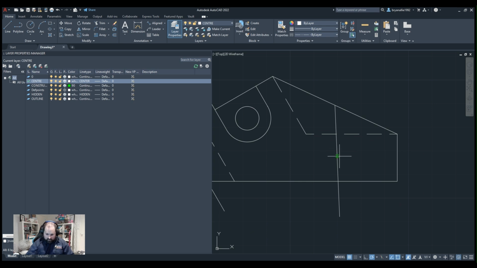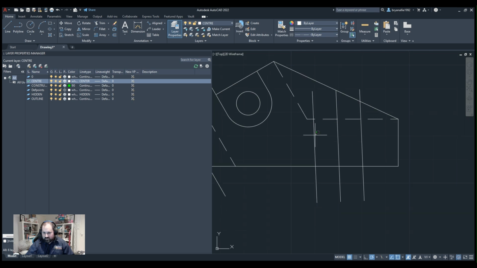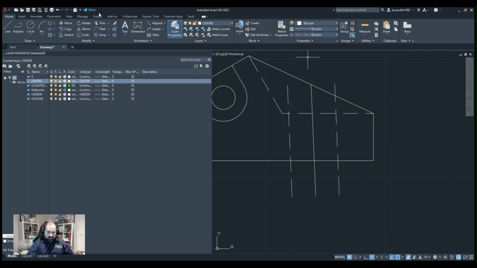So I go 10, offset, offset. Now I'll just change that one to hidden. And what you can do too to make it go quick, you can go match properties. Just go that one to that one. Then I can just go trim, trim,